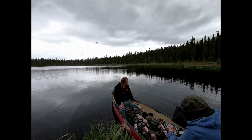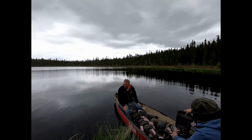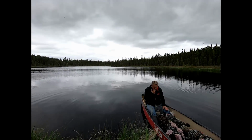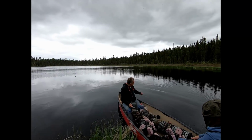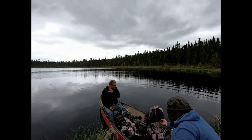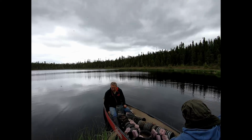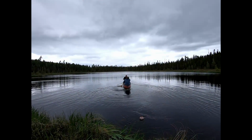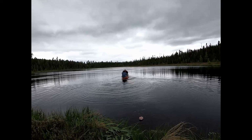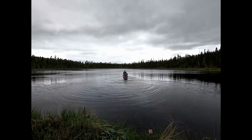Yeah. As you can see, we're right on the edge. Most people, when they go minnow trapping, think they got to throw their minnow trap out in the middle of the pond. The minnows are more on the edge, so that's what we got all the way around the edge. The pond is about 2.5 feet deep, so it's not too deep. They don't like too deep. Contrary to what was just said on your video, put them in the middle. Yeah. Okay. Because I've trapped here before, and there's usually a weed bed out here, so I try and...